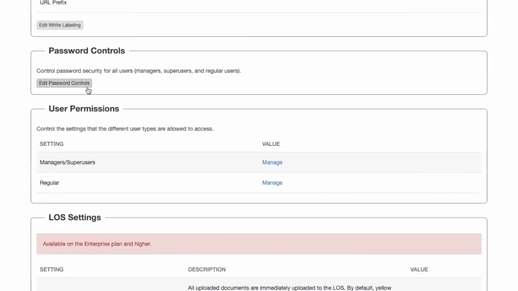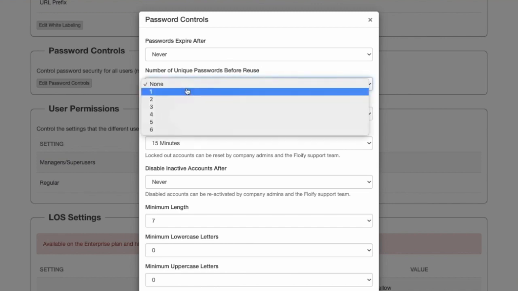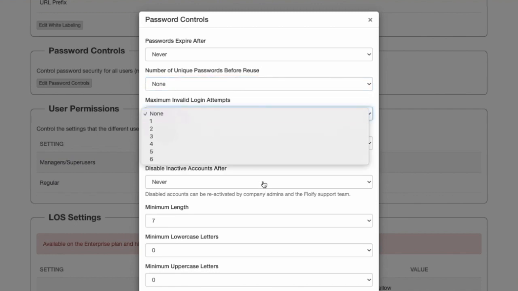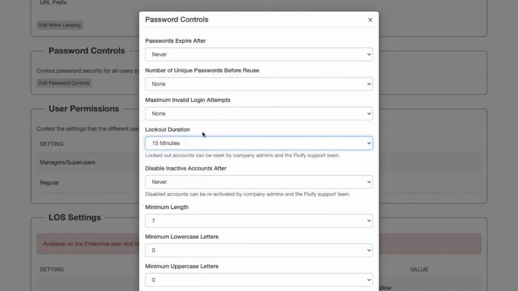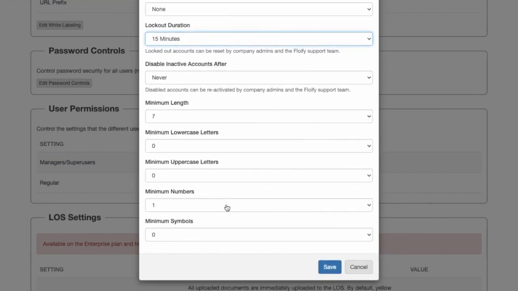We also have password controls. You can set an expiration for your password, such as 60 days, 90 days, or whatever it is you choose. You can set a number of unsuccessful login attempts before a user gets logged out. And then if a user does get locked out, you can go ahead and choose a lockout period. So 15 minutes, 30 minutes, or if you want to wait a whole hour before that user can try to log in again, you can set those up. And then you have some other options here as well. These are all good for company